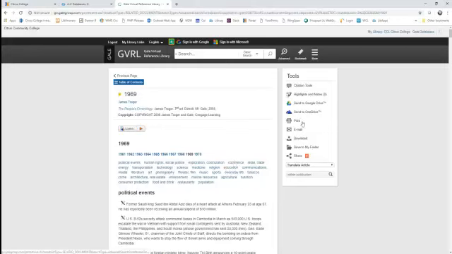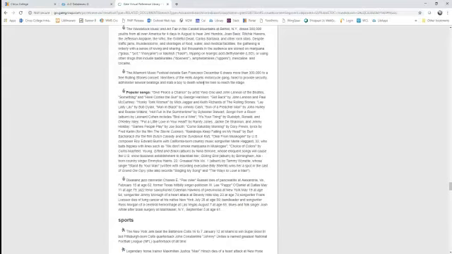I can also use my Control F trick here as well to find certain keywords, but in this case I'm just going to click music. And it's going to tell me what was happening in the world of music at that time. Okay, Woodstock happened, popular songs, Give Peace a Chance, Get Back,